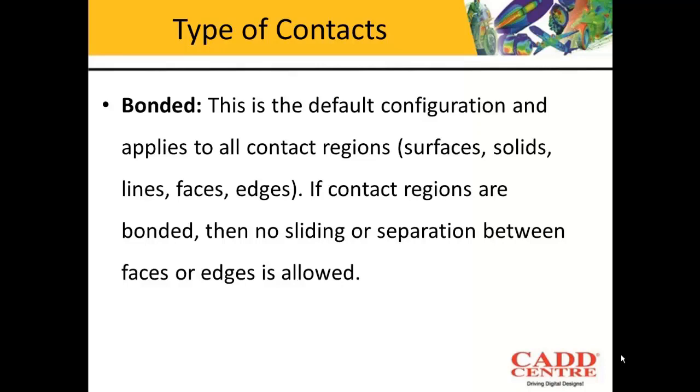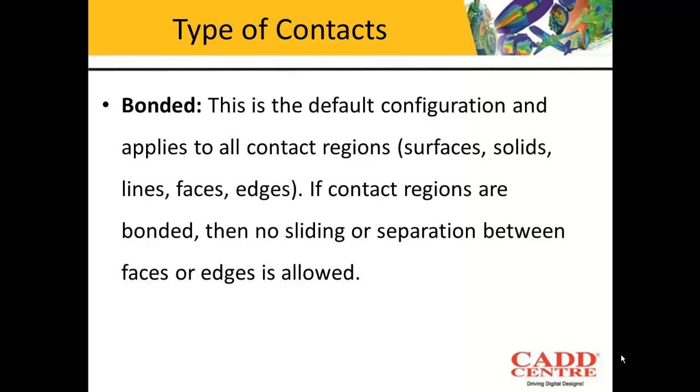It can get defined between surfaces, solids, lines, faces, edges. It behaves like a glue contact where the two surfaces are not allowed to slide nor separate. So wherever there is a bonded contact, the surfaces act as if they are glued to each other, and there is no sliding allowed nor is there any separation between them. For example, if you have two surfaces between which this contact is defined, they are not allowed to slide nor will they separate from